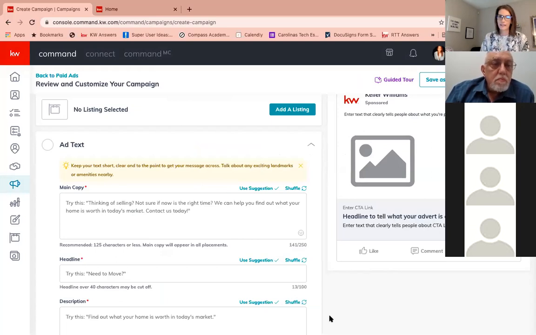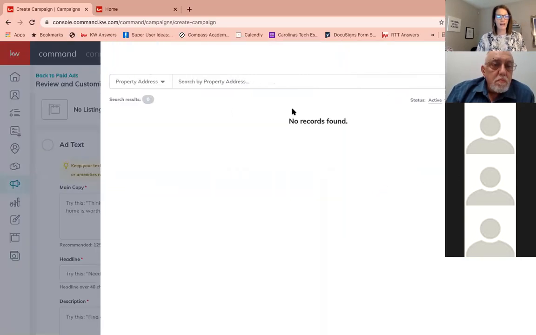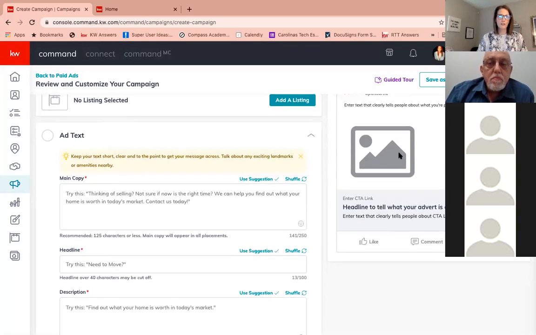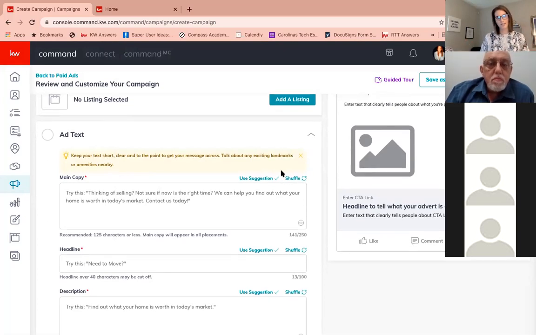Now, here's what I really like. If we have a listing that is our listing, we can actually come up here and add the listing directly from here. So all we have to do is click add on listing. We can show your listings. We can pull by the property address and select that listing, and it'll actually pull the photos in, the details. So it'll build the campaign for you really quickly. We're going to go through and actually build one from scratch, just in case that's what you would want to do in your business. And what I love is because Keller Williams has built Command out for you,